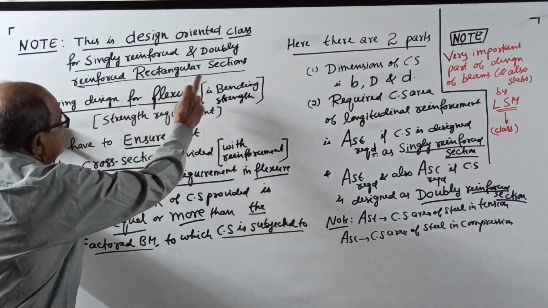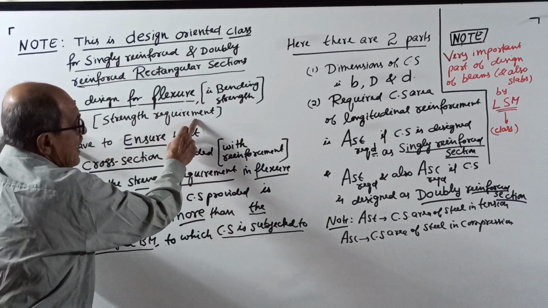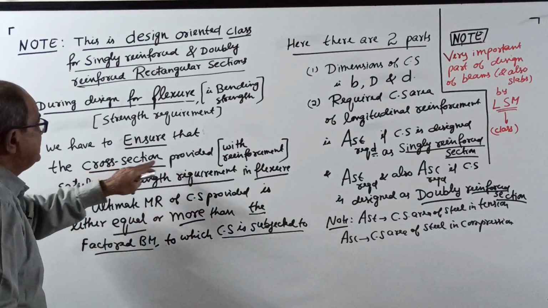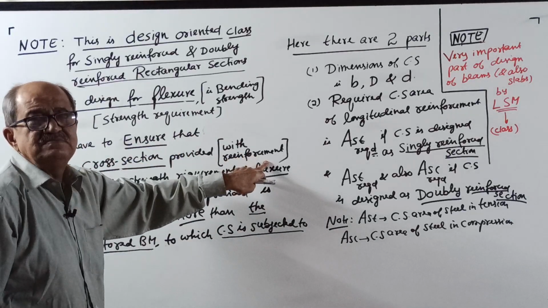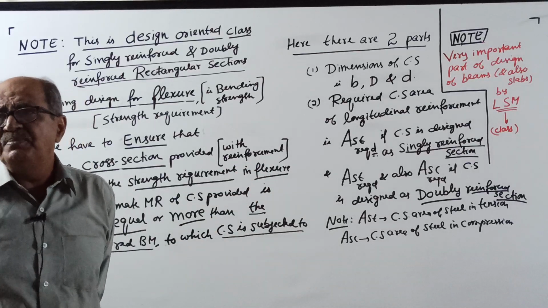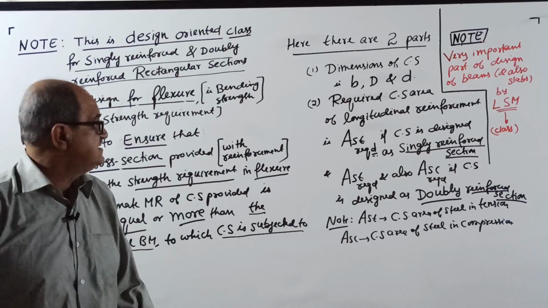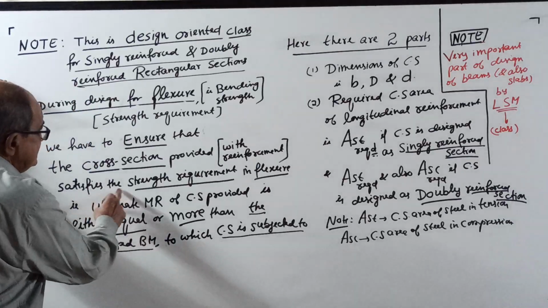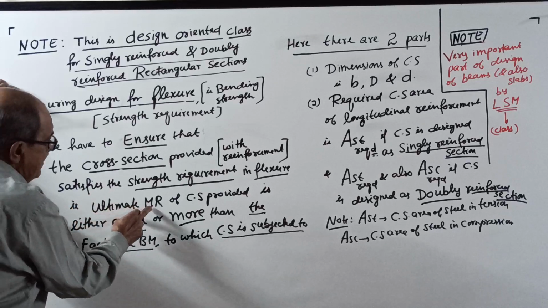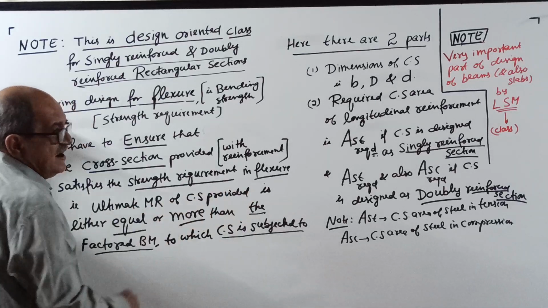Design for flexure means design for bending strength. It is a strength requirement. We have to ensure that the cross section provided with the reinforcement, if singly reinforced only AST, if doubly reinforced AST and ASC, satisfies the strength requirement in flexure. That is, the ultimate MR of the cross section provided